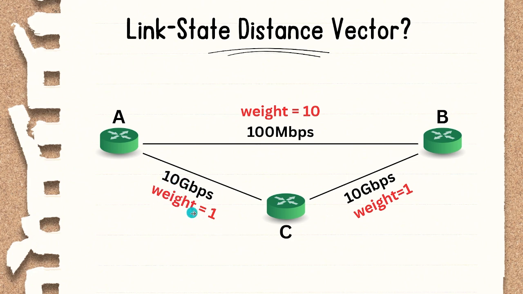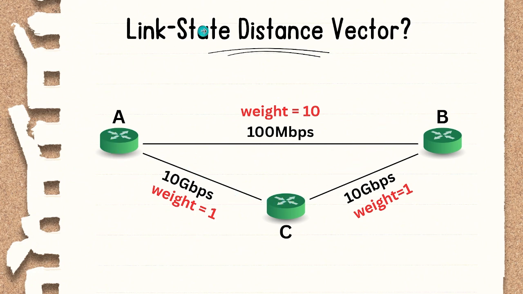Let's consider for a 10 Gbps link the weight is 1, and over here also it will be 1 because it is the same configuration of the link. And let's say for 100 Gbps it will be 10, obviously because the speed is less, so the weight will be more. So the packet will try to reduce the weight for the path that it took from the source to